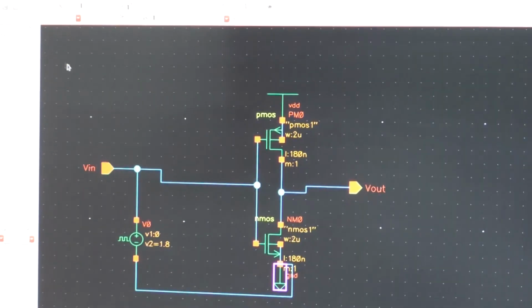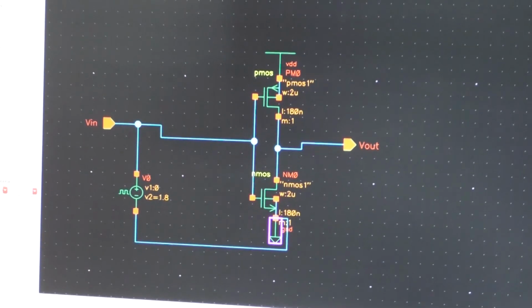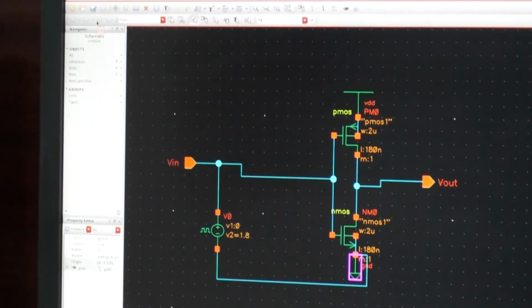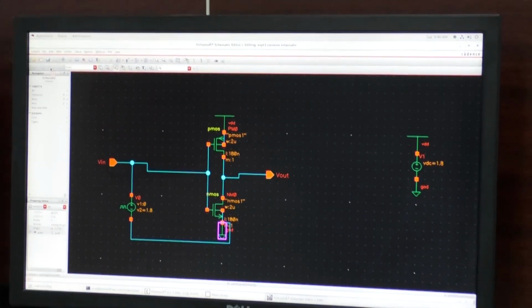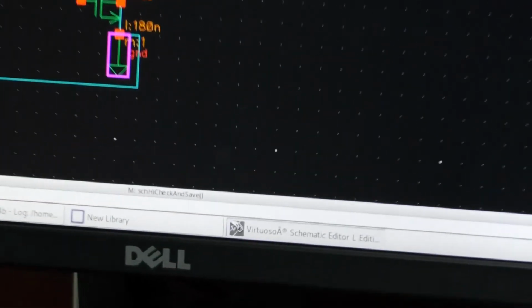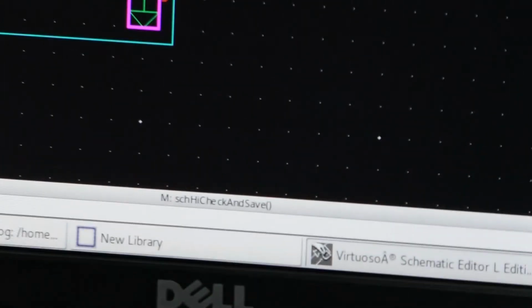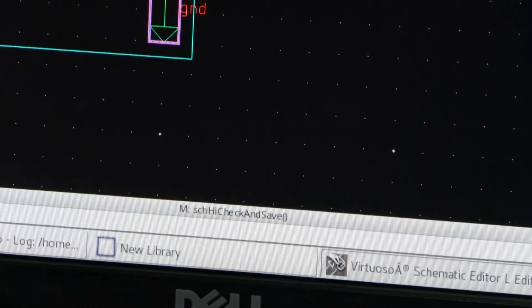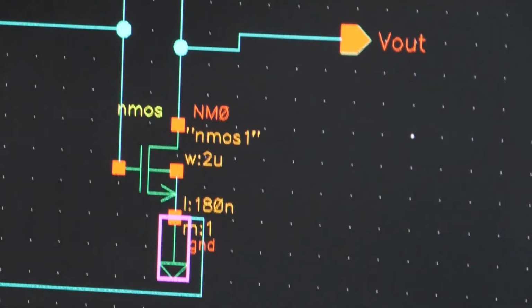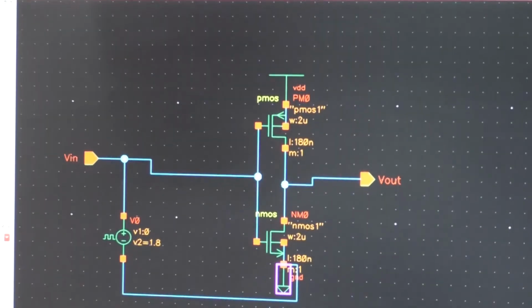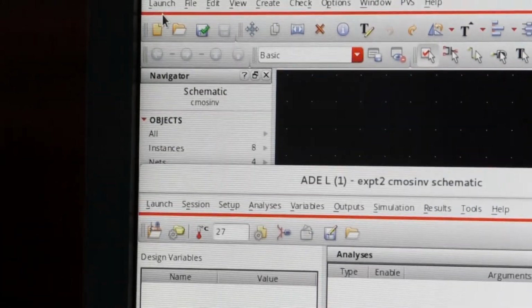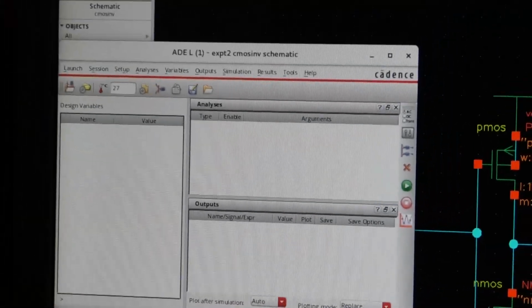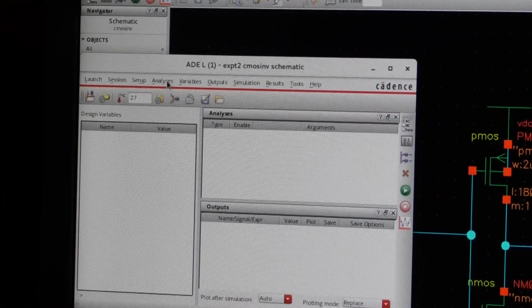Let me again check and save. So there are no errors. The circuit is ready for testing. So how do I test it? I will see the transient response, and I will also verify the transfer characteristic. Okay. So for that we have to go to launch, then ADE L, then analyze,